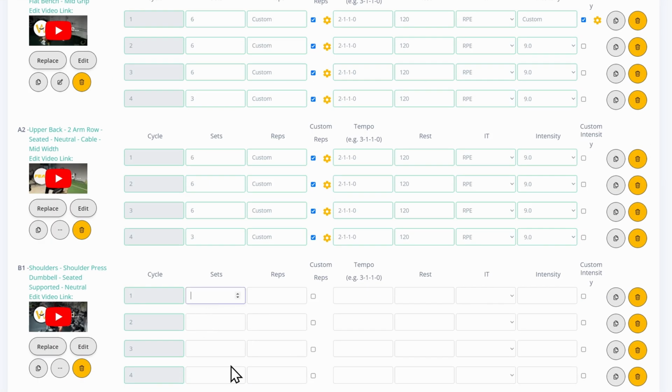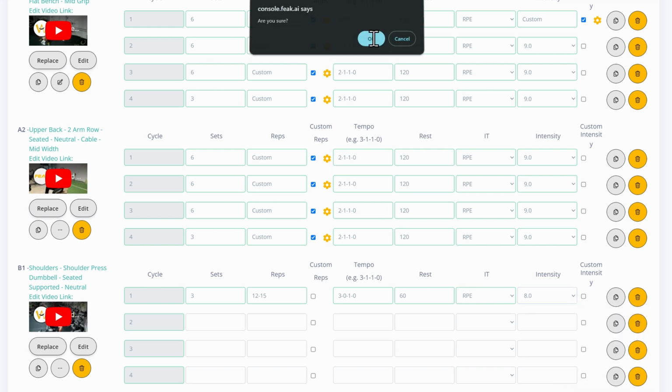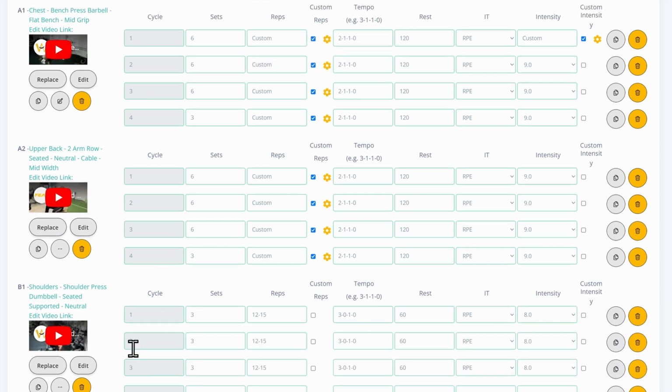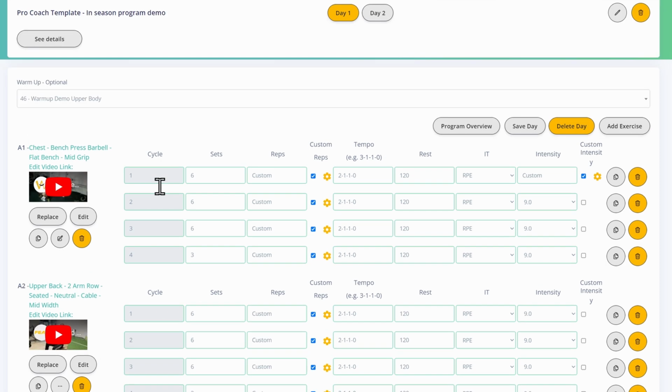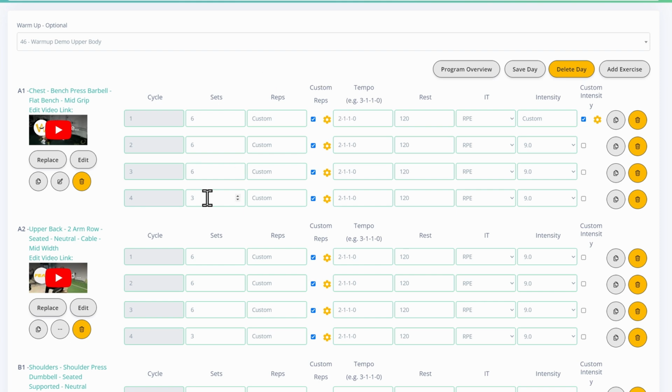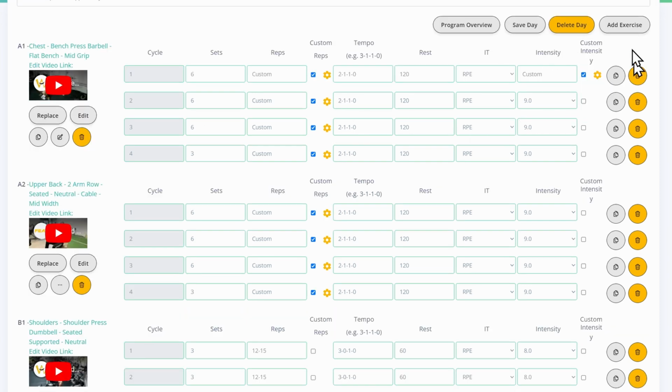Okay, just as an example, we'll do 3 sets of 12 to 15 at a 3, 0, 1, 0 tempo with rest 60 seconds. And RPE, don't push yourself because it's in season, 8, and you duplicate for all cycles. So we can do something like this where you do your heavy lifts and a kind of accessory higher rep work afterwards. Save day. And that's how you build a program using the custom reps and custom intensity function,